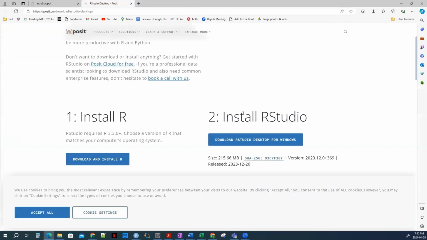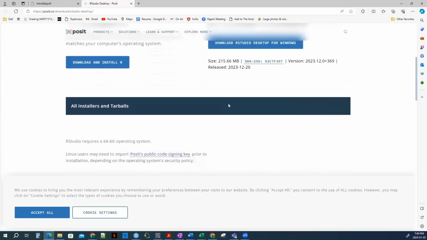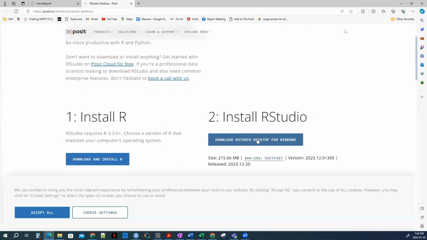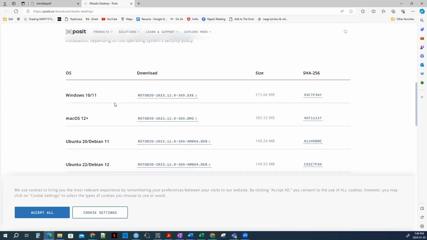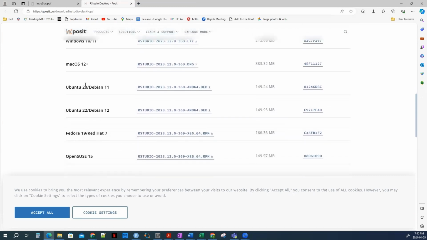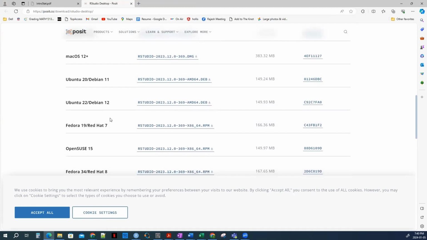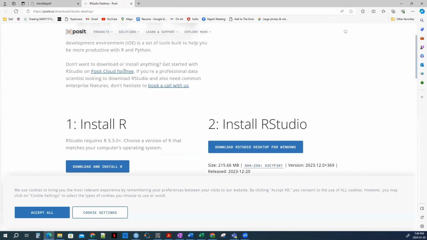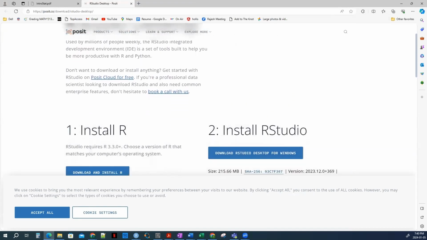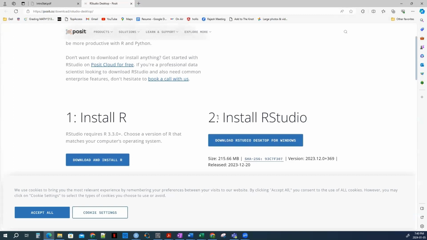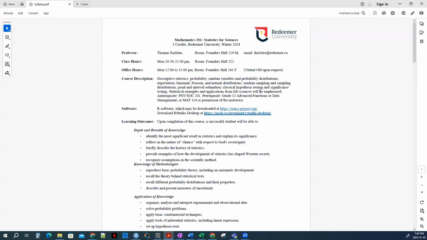Once you've downloaded R, you can then download RStudio Desktop for Windows. If you scroll down a little bit, you'll get it for Windows, Mac OS, and then some Linux systems. So you'll need to download R, but remember, first download R and then download RStudio. Once you have that downloaded,